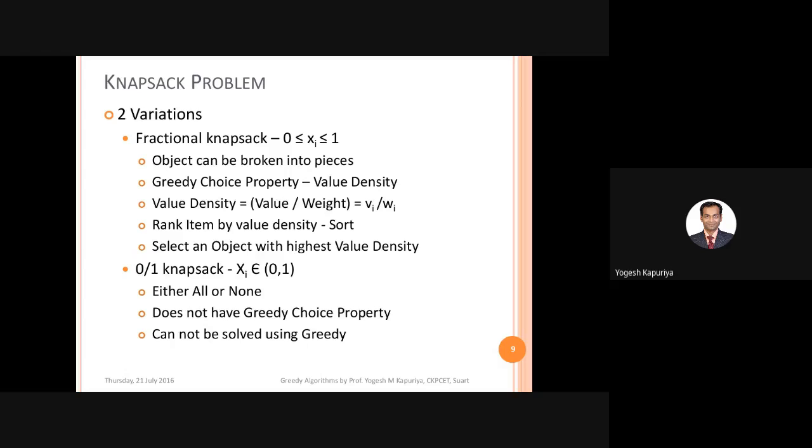Let me give you an example. So I'm sharing a Google document actually. It's better we understand it by example only.